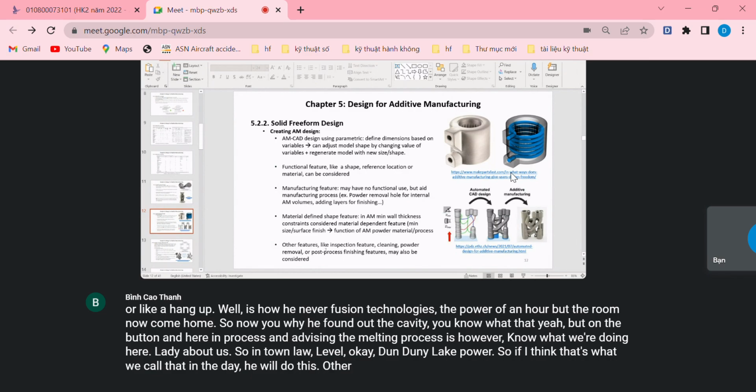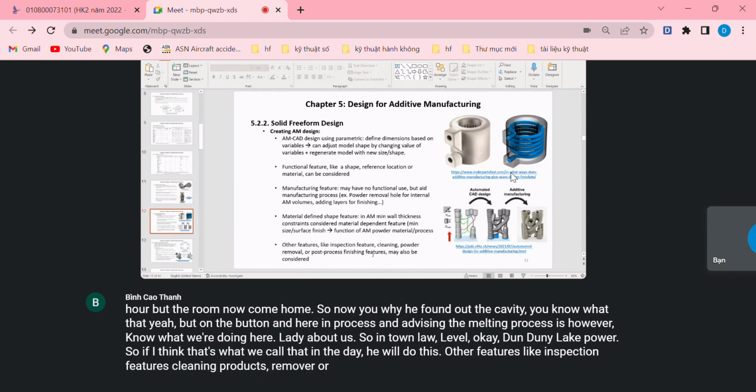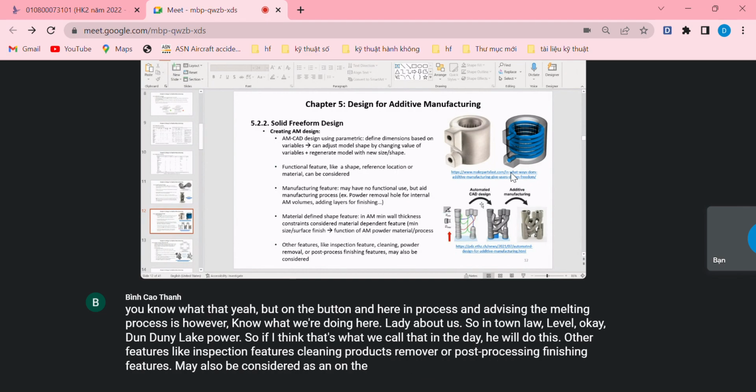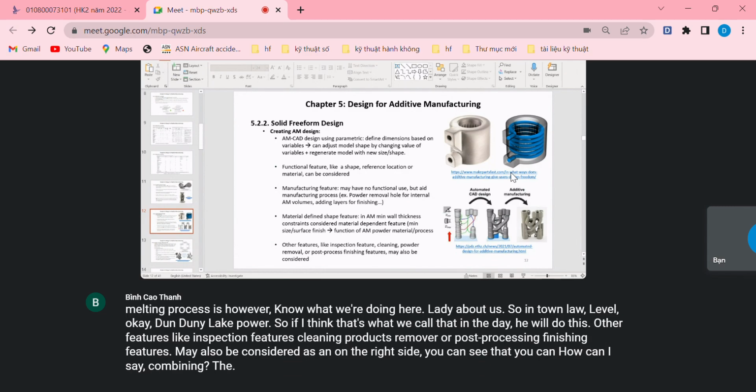Other features like inspection features, cleaning, powder remover, or post-processing finishing features may also be considered. Yes, and on the right side you can see that, how can I say, combining the traditional design and design for additive manufacturing to design the part for this process. So for example,